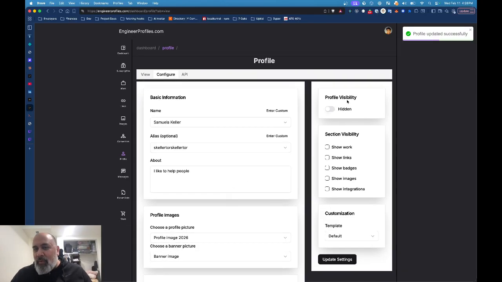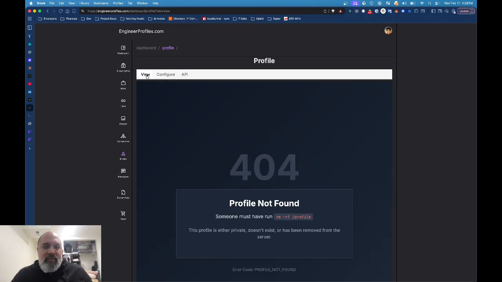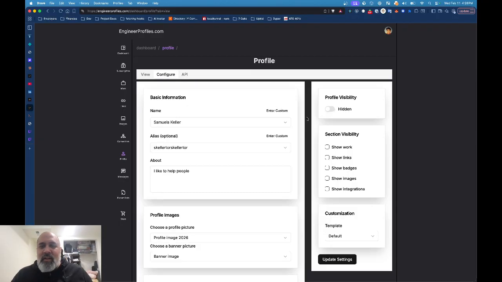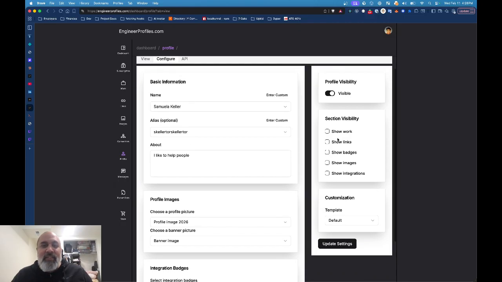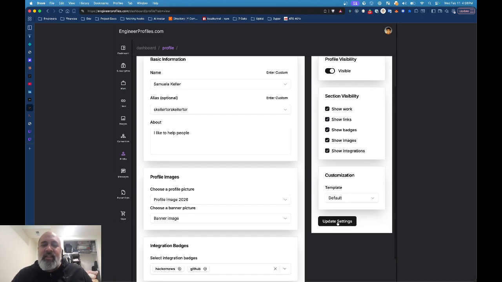By default, the profile is hidden. The visibility is hidden. So actually, I'll show you here. Let's go ahead and view it. You can view it here. When it's hidden, you can't see it. It just says profile not found. So if I go back here to configure and I say, hey, I want to make that visible, and I want to show everything. I want to show my work. I want to show my links, my badges, my images, and my integrations. I just hit update settings